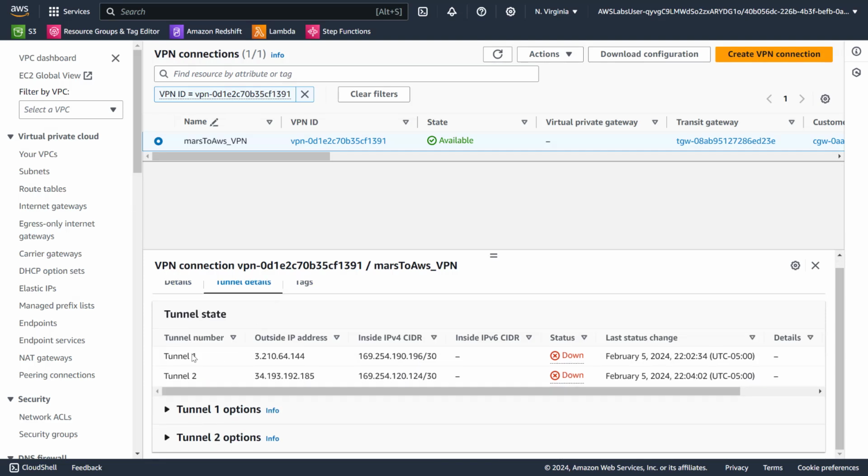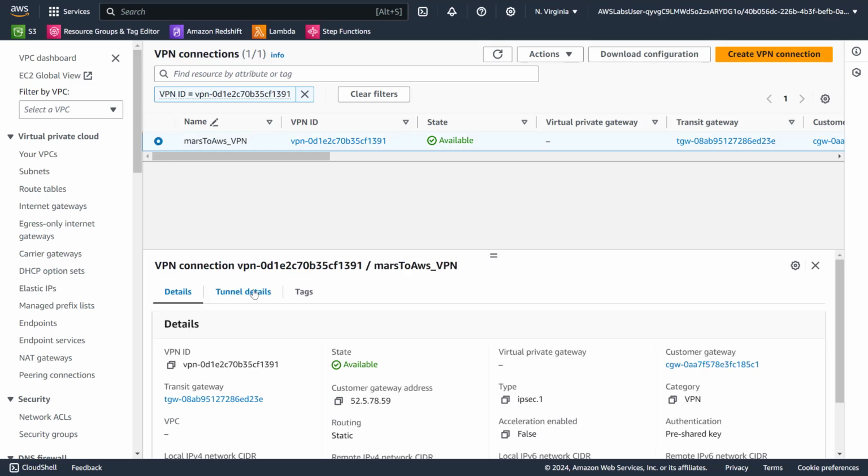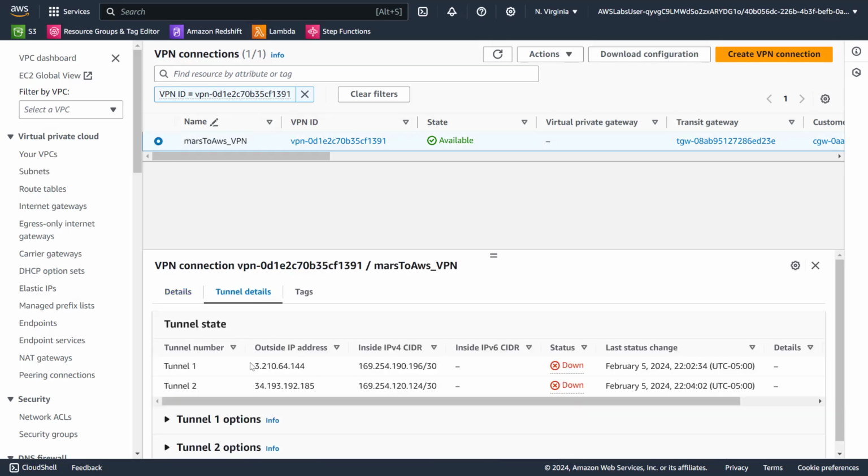Okay, I don't know when these tunnels will be shown as up, but right now for some reason they are showing down. I think at least this should be up, right? Maybe it will take time. Okay, now let's go to, oh, we still have to enable the route tables, right? Maybe that's why. So let's go to the route